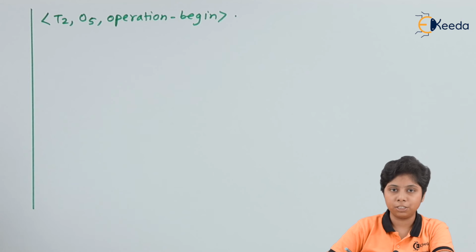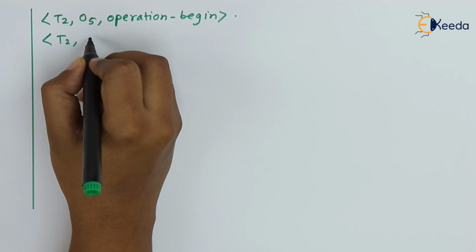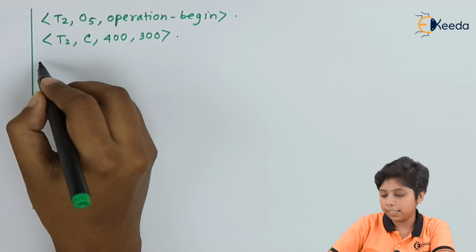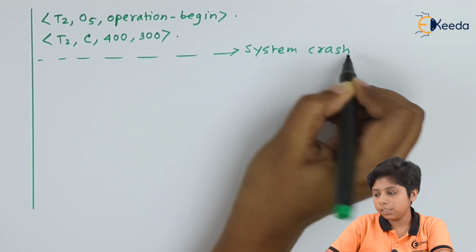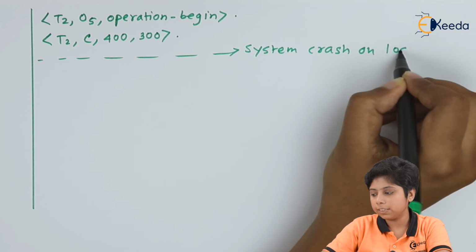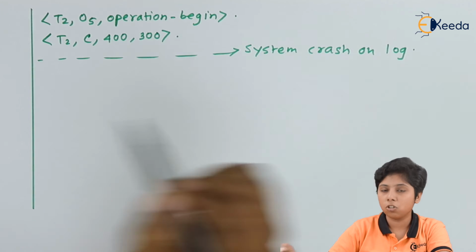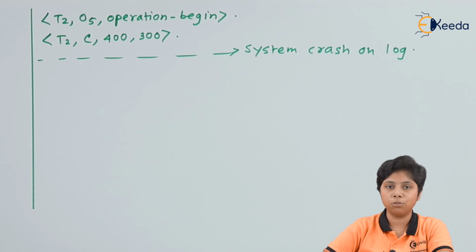Now we will update on T2. See, after this point, say there is a system crash on the log. There is some problem with the operating system or the database, or any disk failure, so we cannot maintain this log anymore. That means there is a system crash. Whenever there is a system crash, we can either do the physical undo or we can go for the redo. So now what we will do,